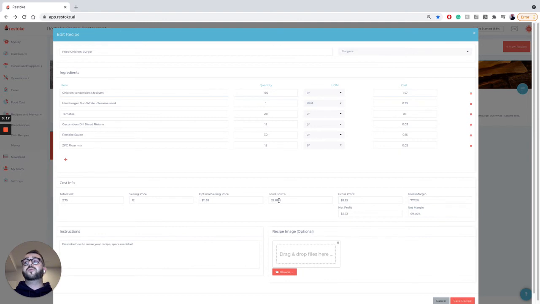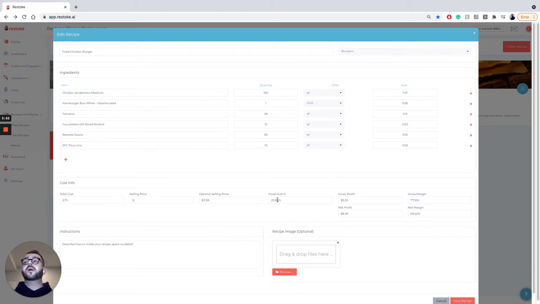It's up to you to determine that in the settings here. But in this case, the food cost is within the margins that have been provided, and you can see what the gross profit is per item sold, the gross margin, the net profit, the net margin. Now, the beauty of this tool is that it's providing you with individualized food costing per item that's going into your end item. So you really can see that if something's jumping above the food costing, so let's say this was above 25% or above 28%, you can actually tell where it's starting to move and why your